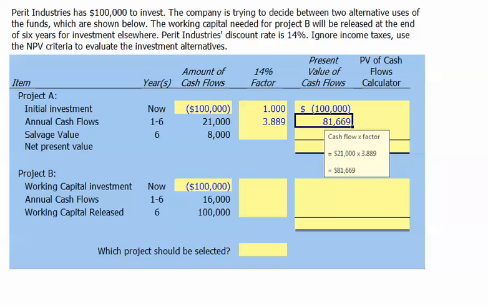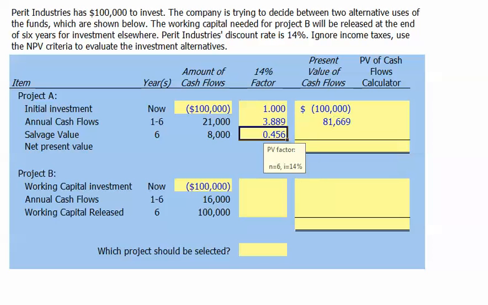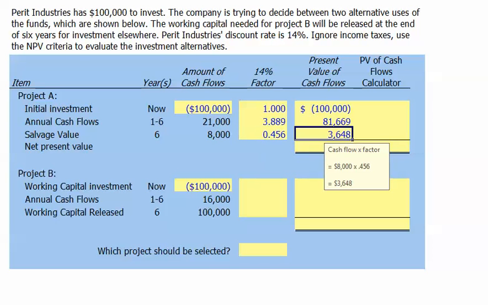The salvage value is a lump sum cash flow of $8,000 at the end of year 6. We need to discount that back at a factor of 0.456. This is simply a present value factor of a lump sum at 14% for 6 years. So multiplying the 8,000 by 0.456, we get a present value of